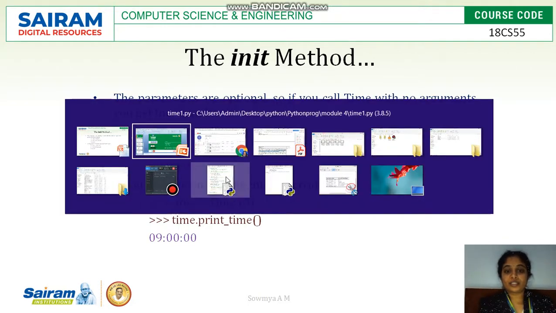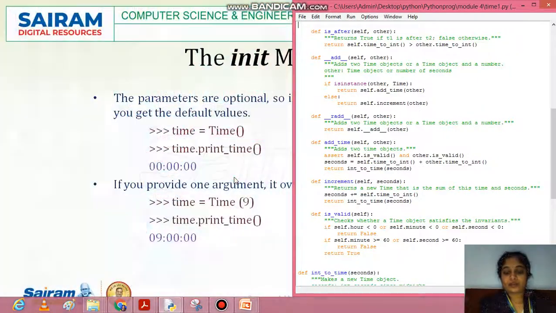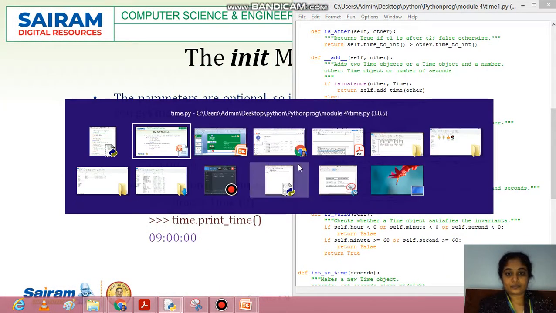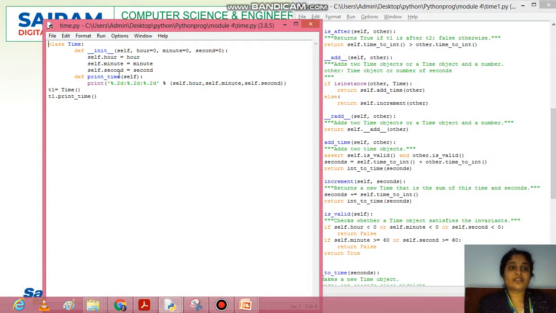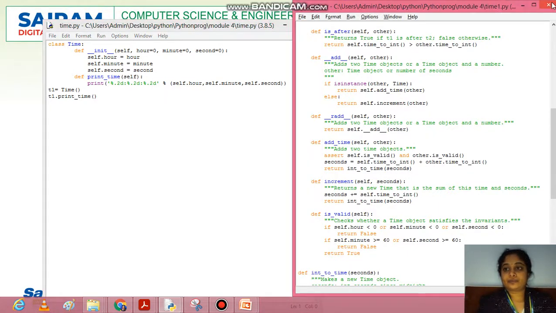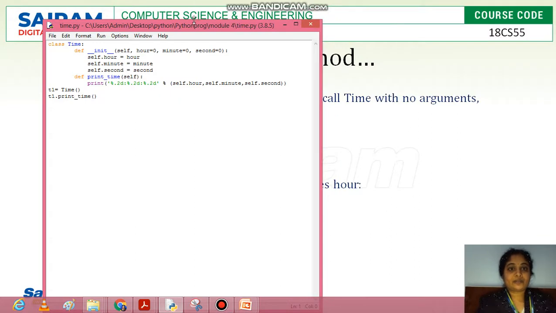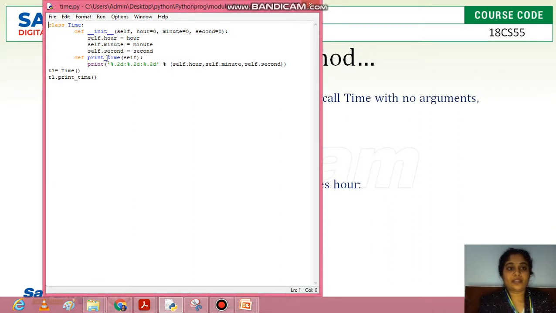To show this, here we have the class Time with the init method and the print method.